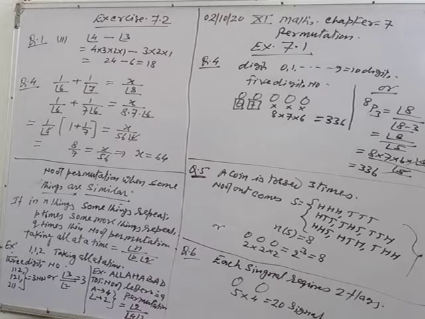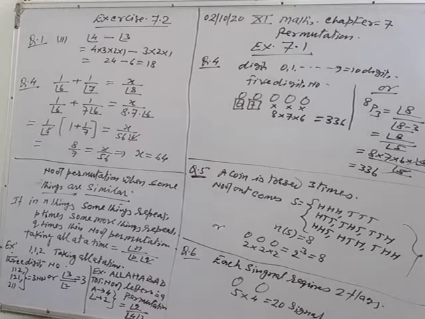Question number 5. A coin is tossed 3 times. Here you have to write all possible outcomes. So when a coin is tossed, you can see in the sample space, all 3 times it may show head, or all 3 times it may show tail. One head, 2 tails, there will be 3 sets: HTT or THT or TTH. 2 heads, 1 tail: HTH, HHT, or THH. Means the total number of outcomes n(S) is 8.